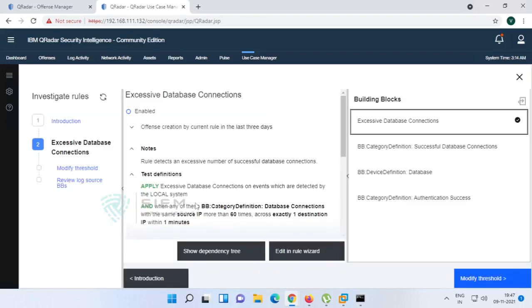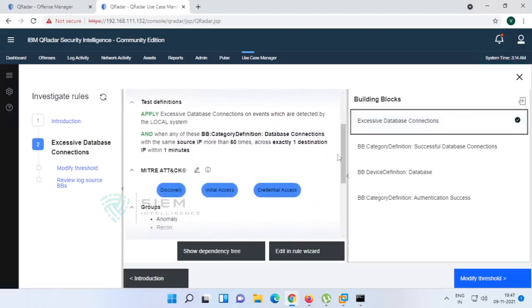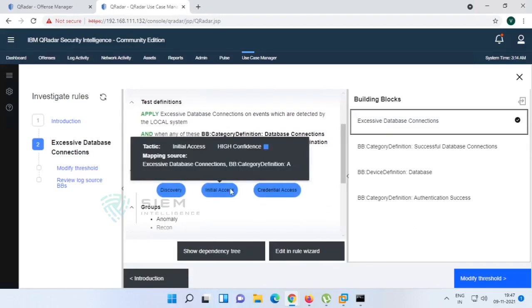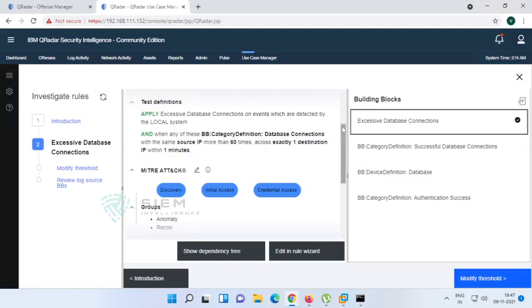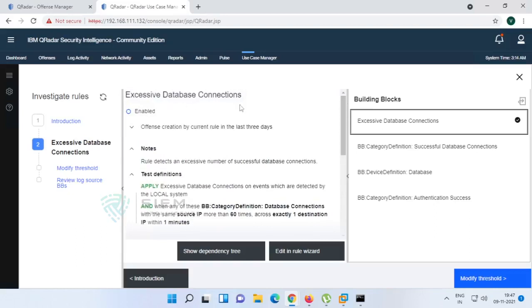But here you can understand directly. Just excessive database. Here if you go down, you can find the MITRE framework over here. This is a combination of discovery, initial access, and credential access for this particular excessive database connection.